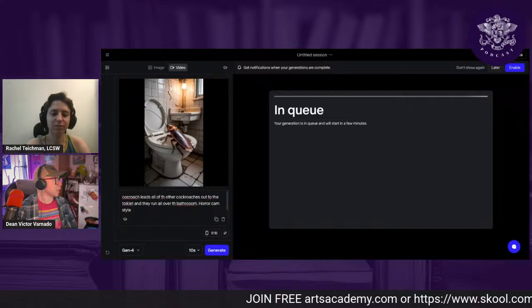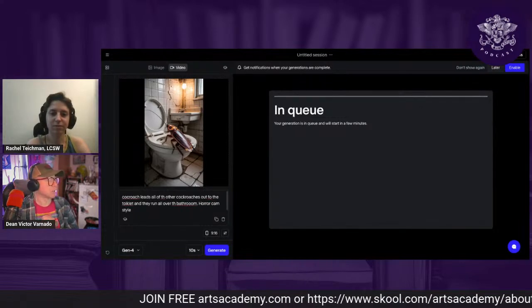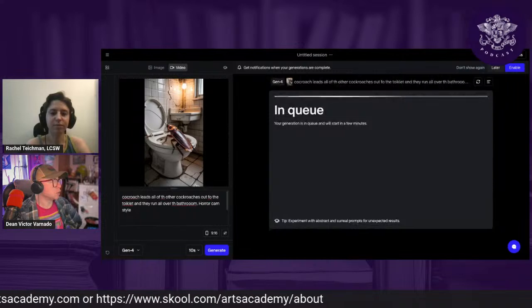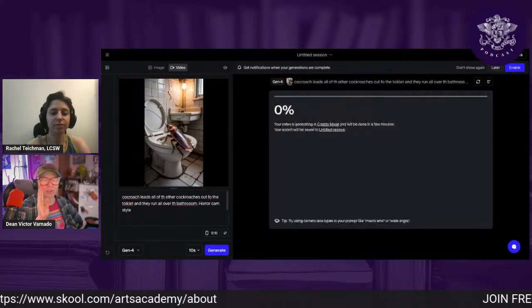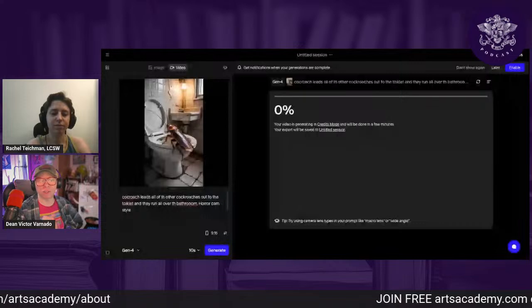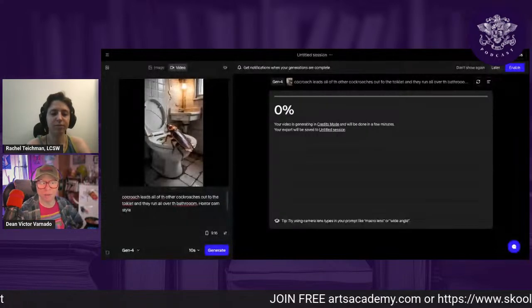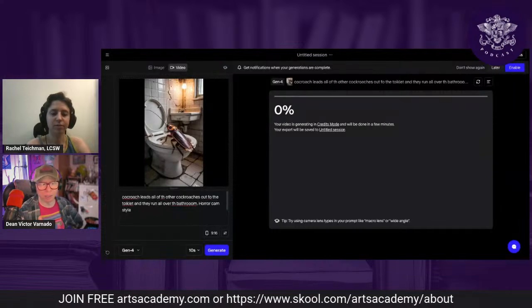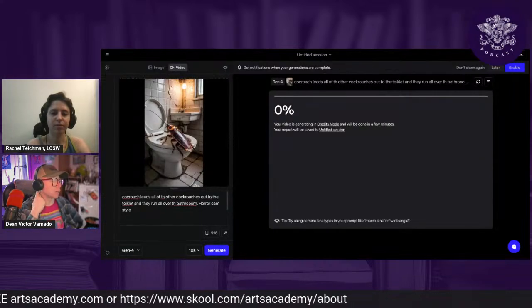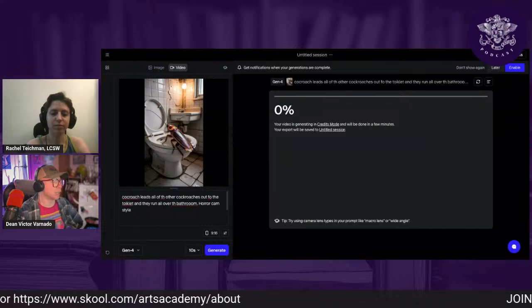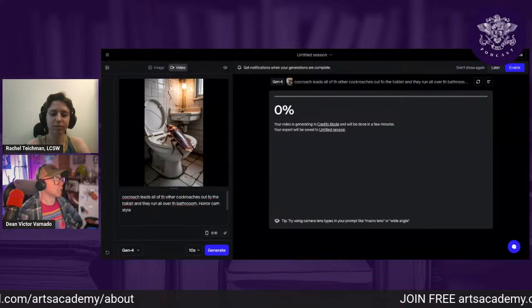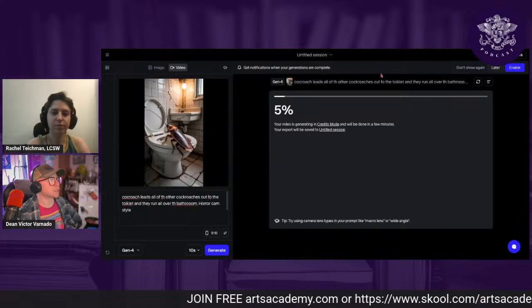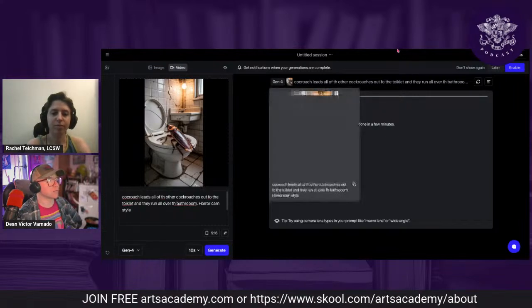Okay, and while that is generating, because all of the work is being done on their servers, you can feel free to put more things in queue, and then you could walk away and come back later, and it would all be done. We'll check back on this later. It's probably going to take anywhere from 2 to 5 minutes to finish, but then we'll see exactly how it looks. Maybe we'll get some great music for our cockroach. It's already 5%. That's not bad.